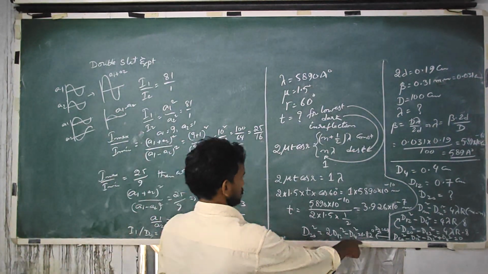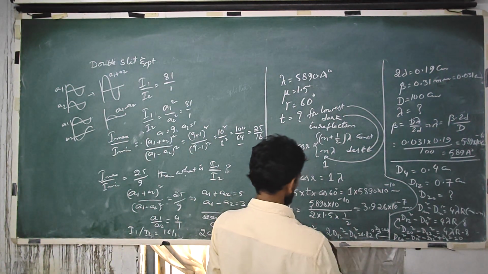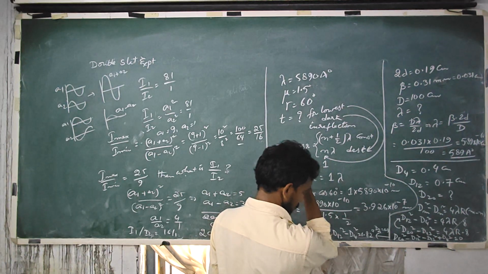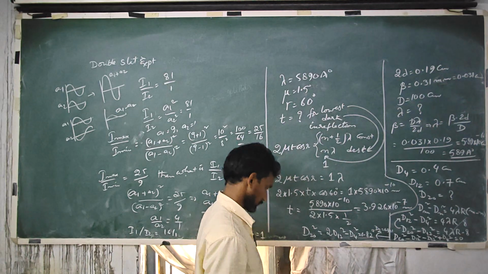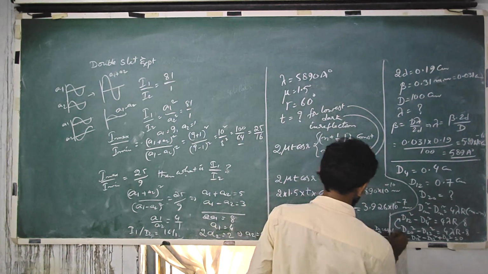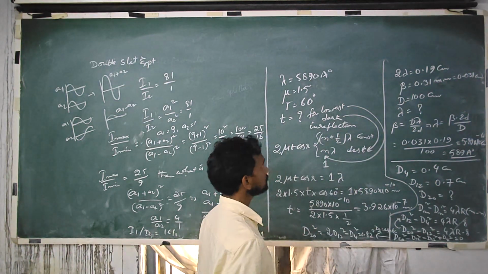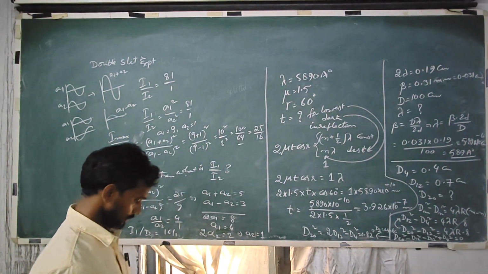Right, so this number comes out to be 0.82. This is D20 square. So D20 is 0.906. Okay. So next one,